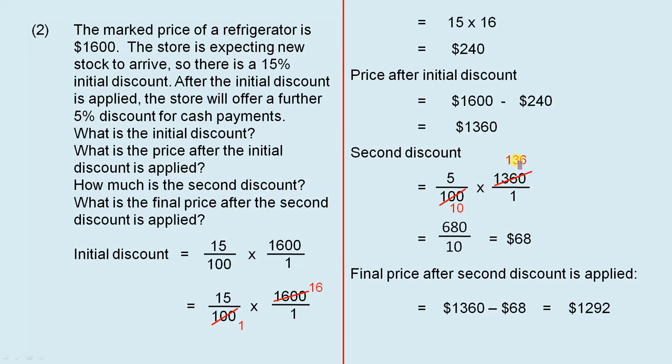So 5 times 136 is 680. 10 ones are 10. So we have 680 over 10, and that's $68. So the second discount is $68. So the final price after the second discount is applied is $1,360 minus $68, and that's